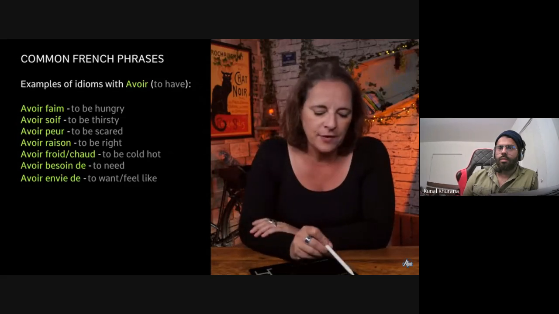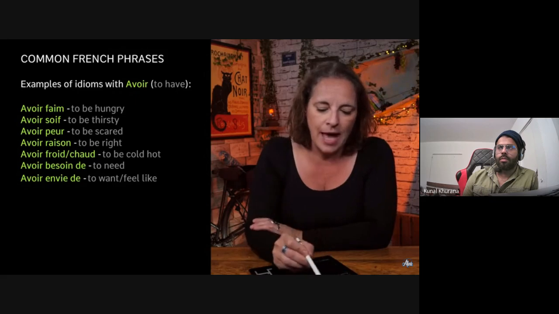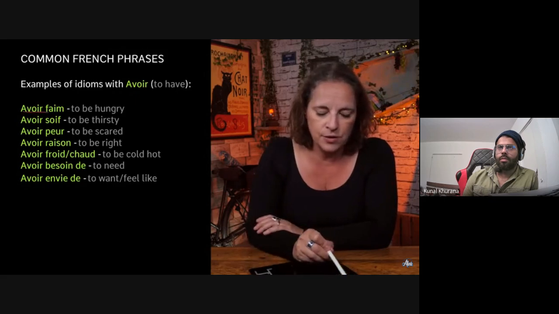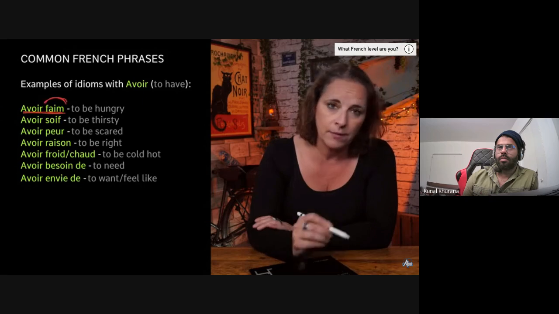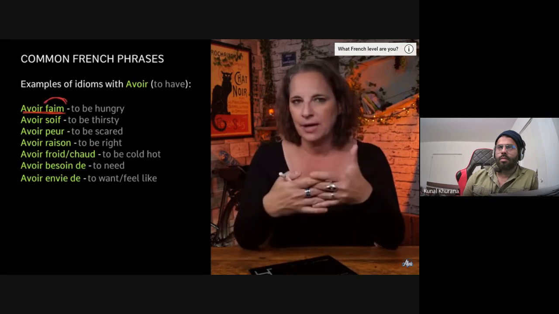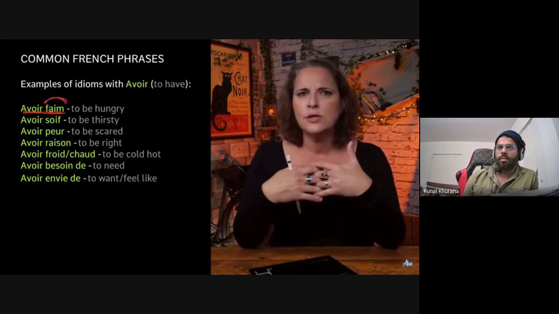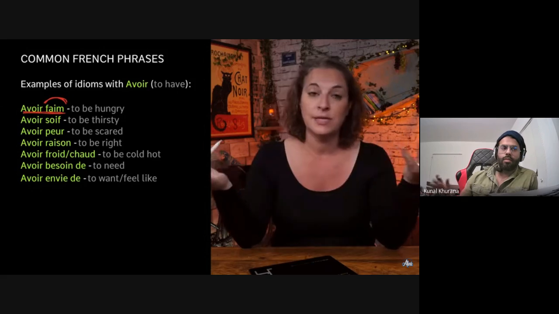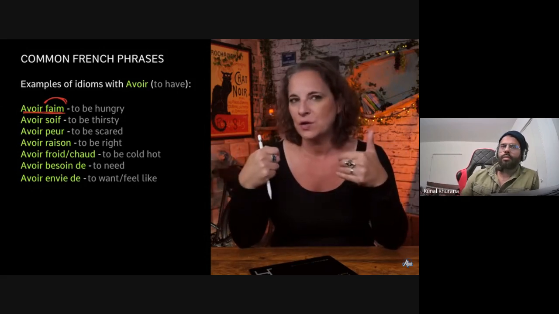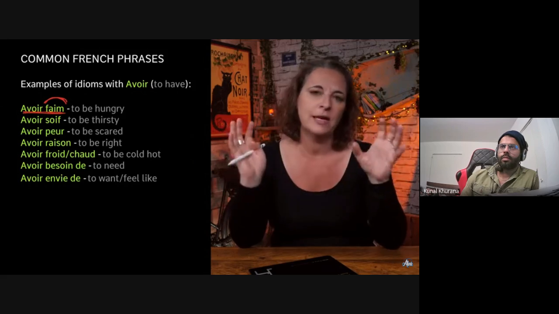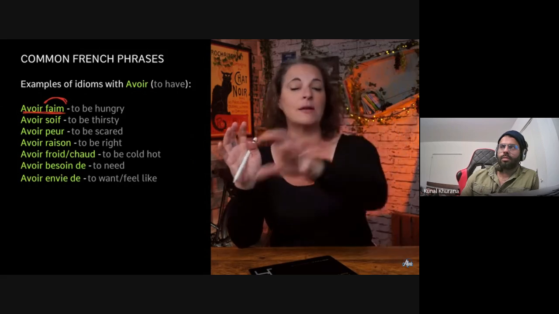So, let's have a look at avoir faim. Avoir faim means to be hungry. And la faim means the hunger. Okay, but put them together, avoir faim means to have hunger. But of course, in English, you would say to be hungry. And this is where the confusion is a lot of the time with English speakers wanting to learn French or